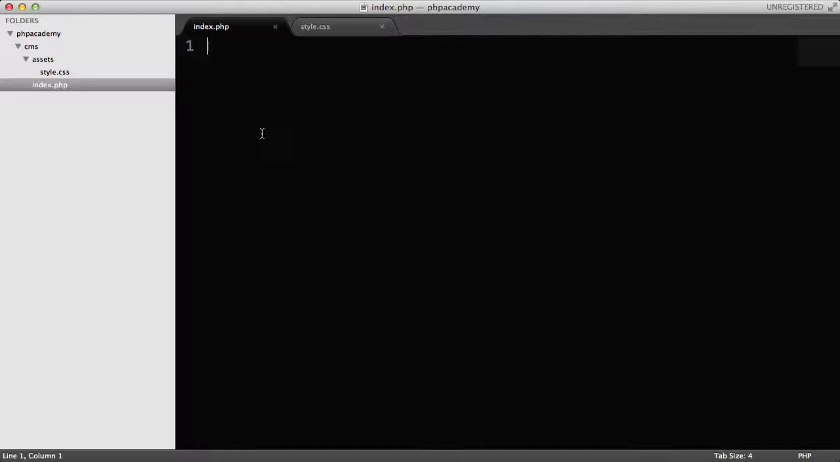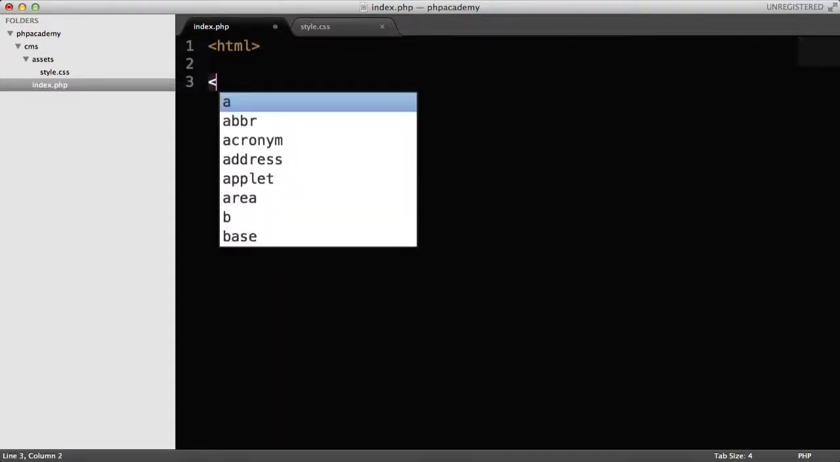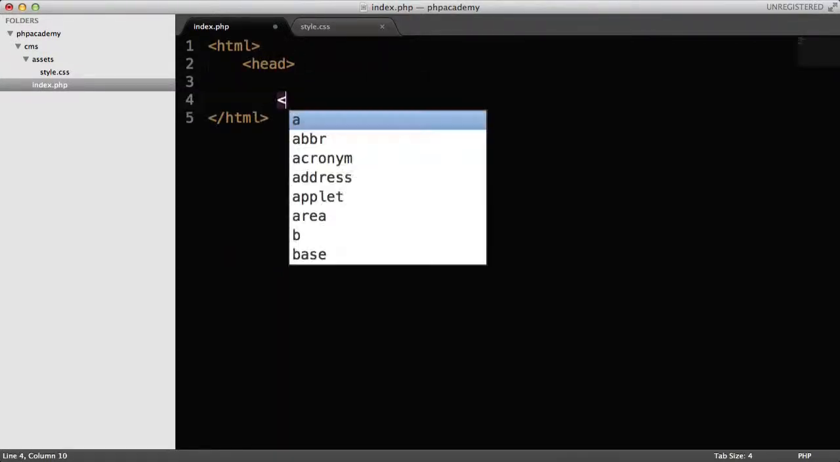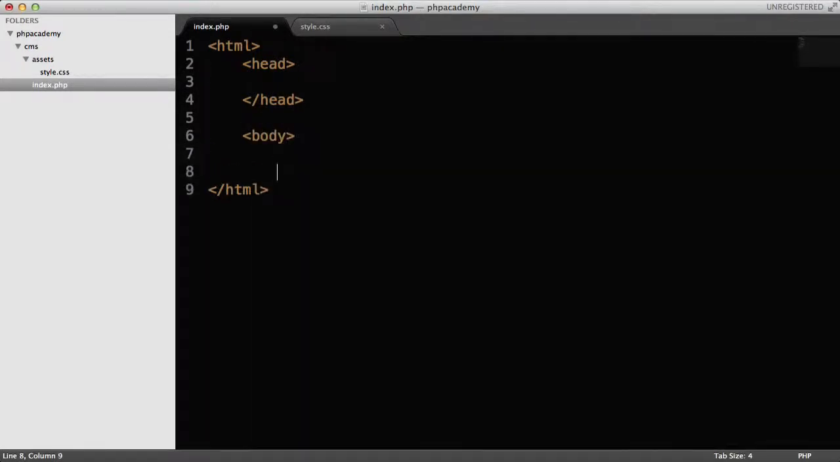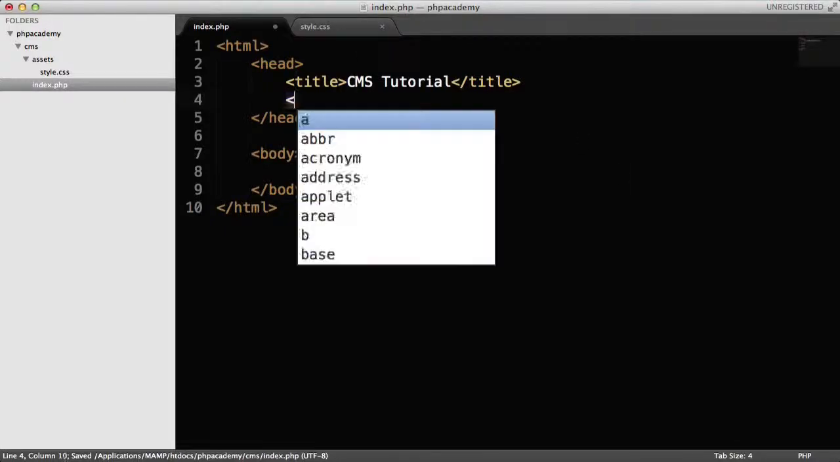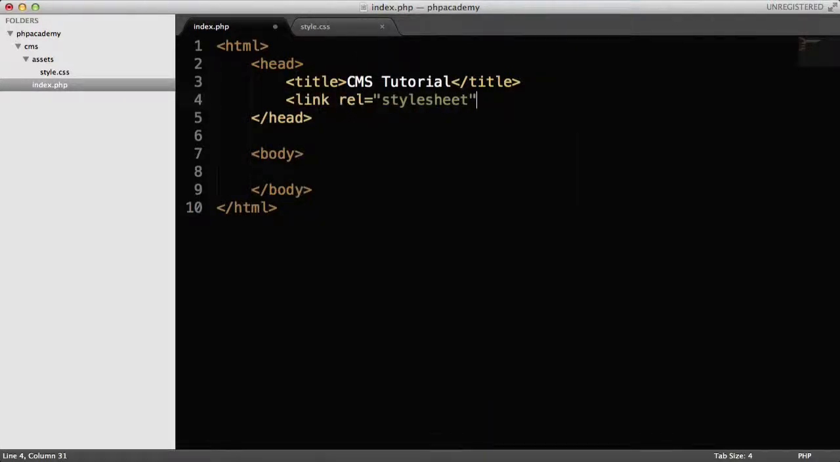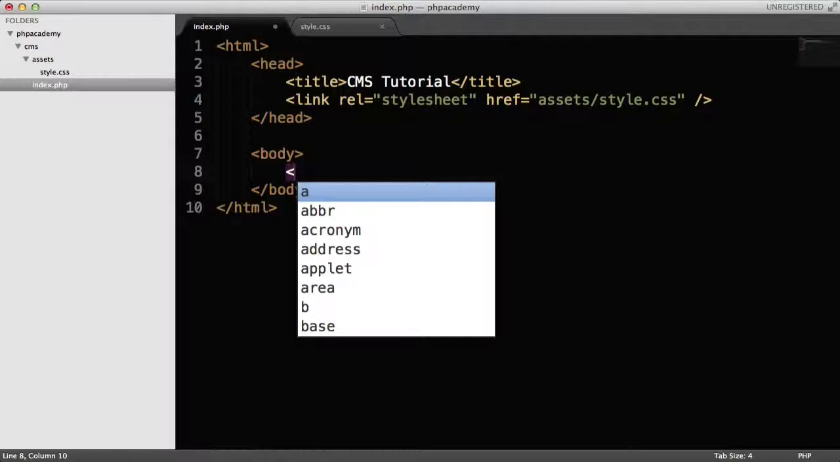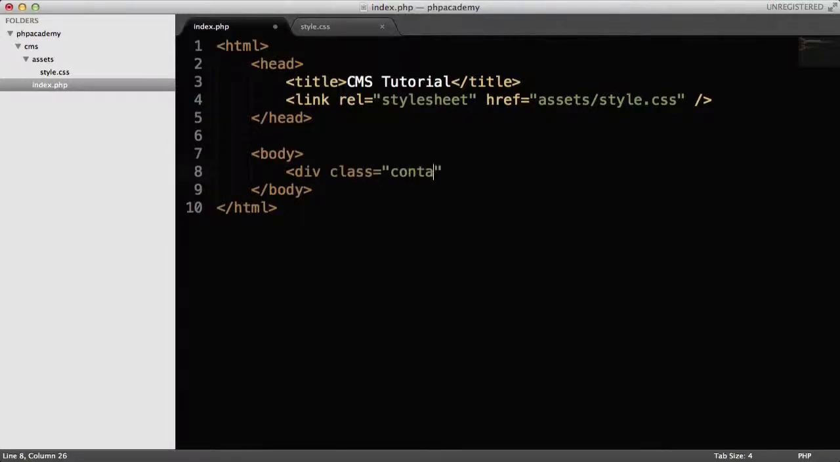So let's get started. I'm going to create my HTML tags. Inside here we'll have our head and body tags. Inside our head tag we will have title CMS tutorial. And we need to link to the style sheet, so link rel equals style sheet, href equals assets slash style.css. So now in our body we need to create a container, so div class equals container,